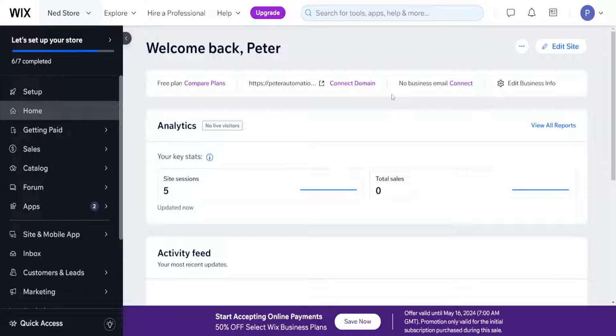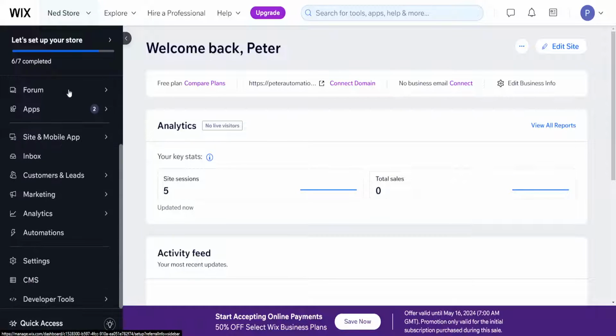How to change currency on Wix. So here I've just loaded up the Wix dashboard, and what we want to do is scroll down until we